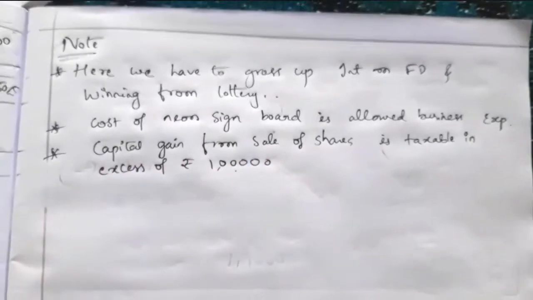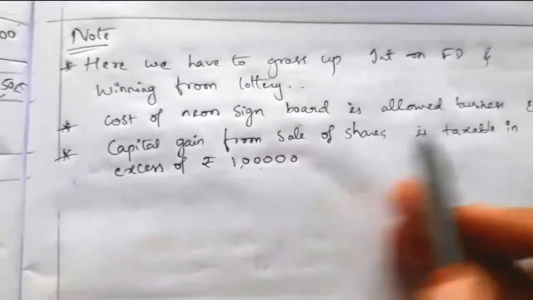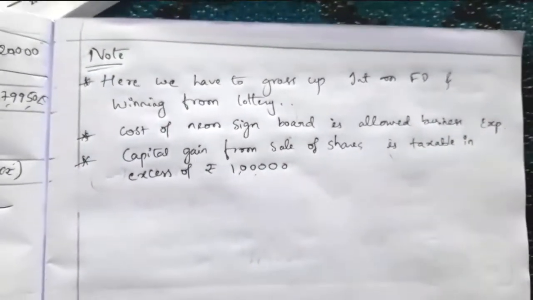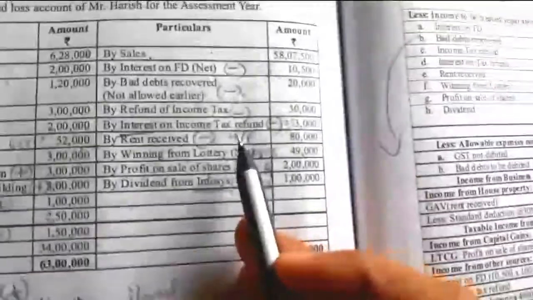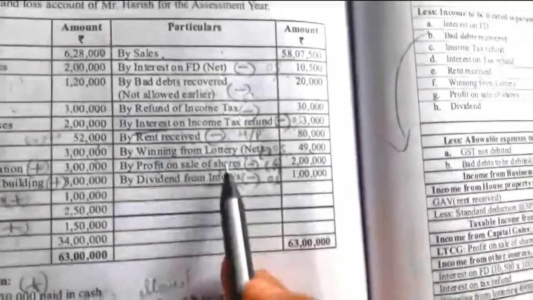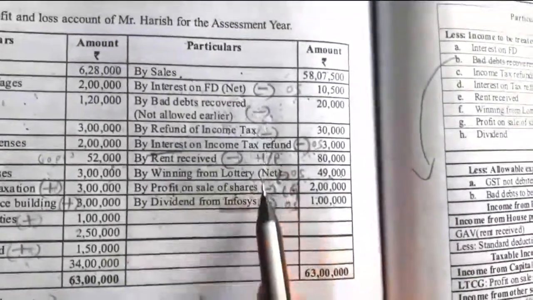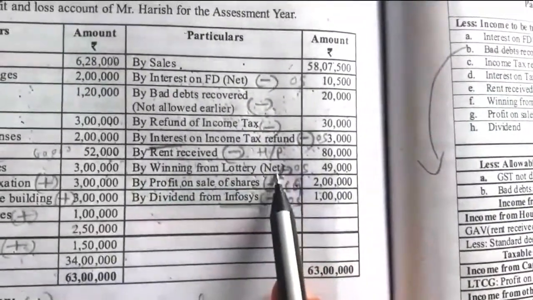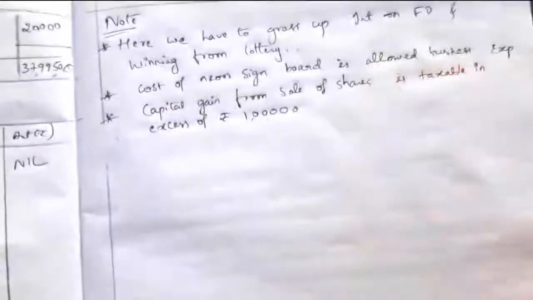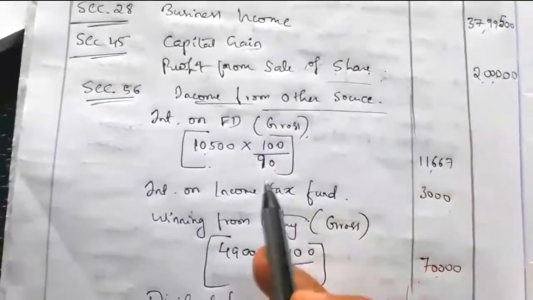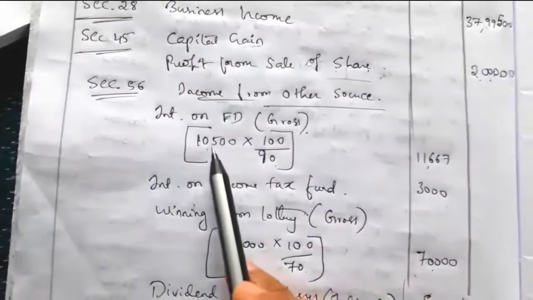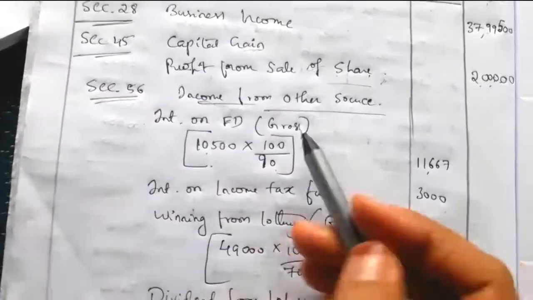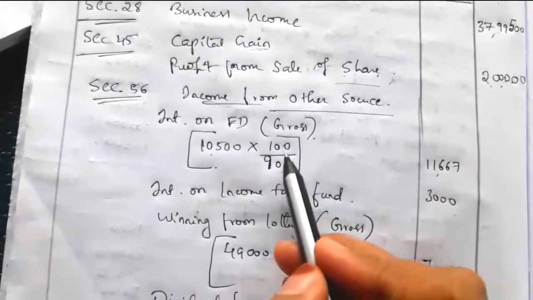Next, write a note here. We have to gross up the interest on FD and winning from lottery. We have to gross up because they have given the net value. Interest on FD and winning from lottery, net value is given, so we have to gross up. Gross up is nothing but we should not take the direct value, we have to take the gross value. For interest on FD, the tax rate deducted is 10%, so we have to take 100